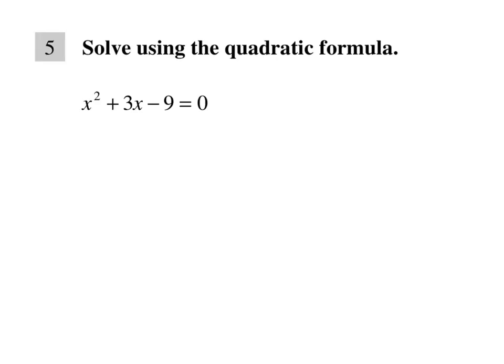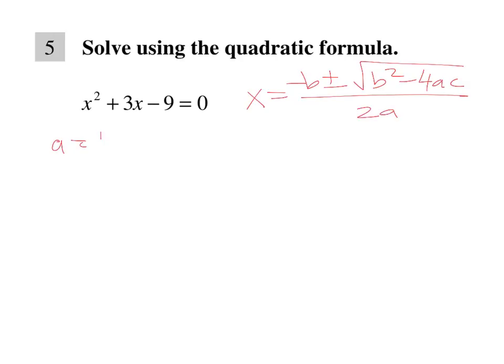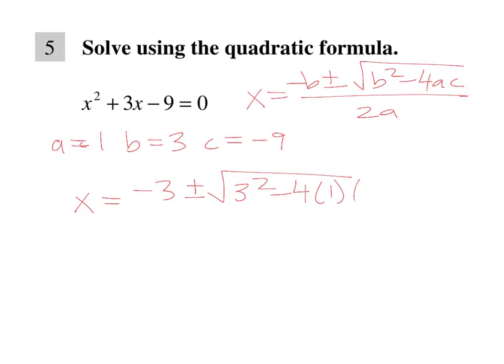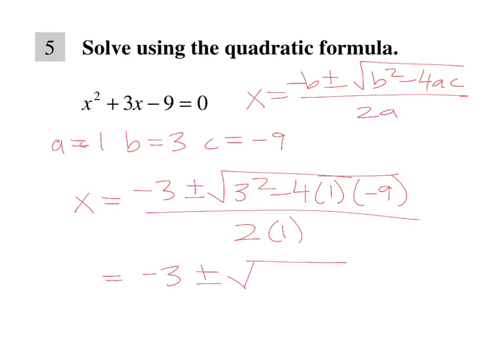Solve using the quadratic formula. Here's the quadratic formula. All right, identify my A, my B, and my C. All right, so for B I have 3. Then I have 3 squared minus 4ac all over 2a. So I have negative 3 plus minus. 3 squared is 9. Then I have negative 4 times 1 is negative 4. Negative 4 times negative 9 is positive